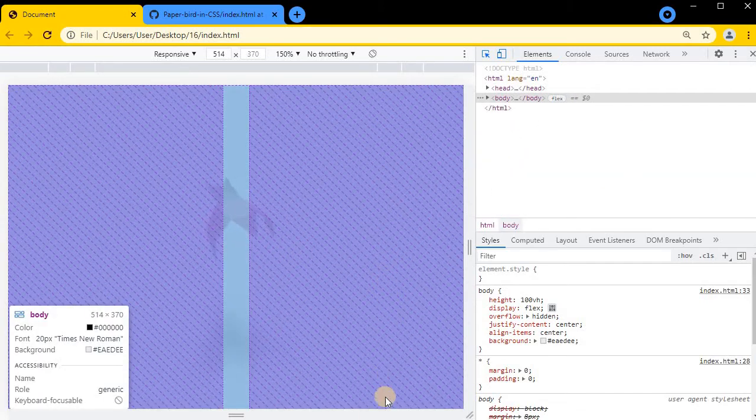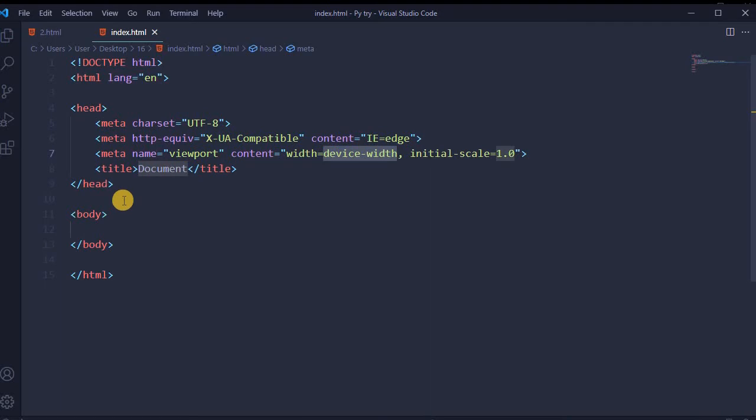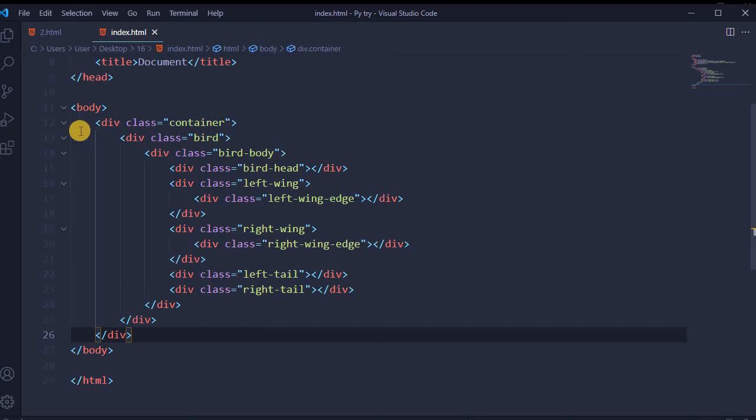So let's make it. Create an index.html file and open an editor of your choice. I use VS Code. In body, create a div with class container, a div with class bird, bird body, with class bird head, left wing. In left wing, add left wing edge.